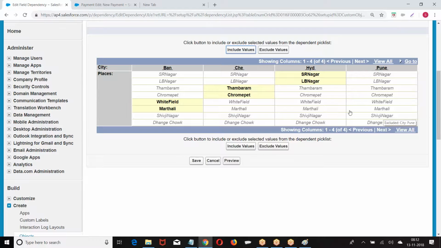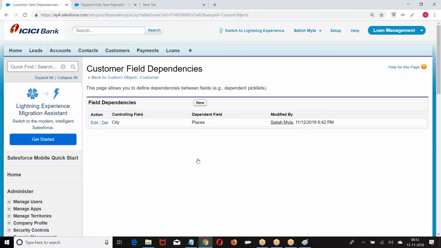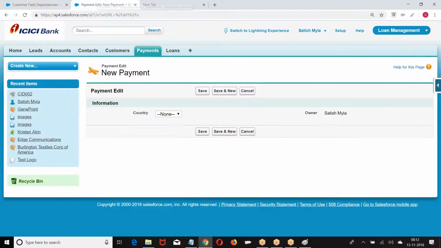Pune: Shivaji Nagar, Dange Chowk. Controlling field options are on the top, and dependent field options are here. If you select this option, these are the dependent values we get. This is called field dependency.